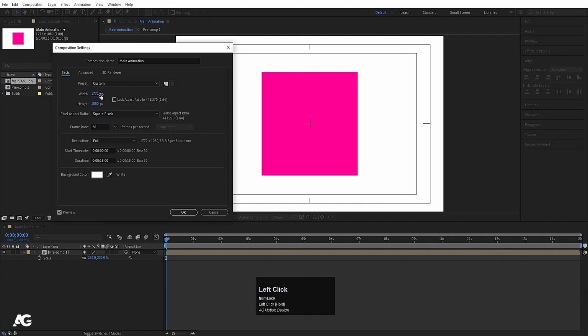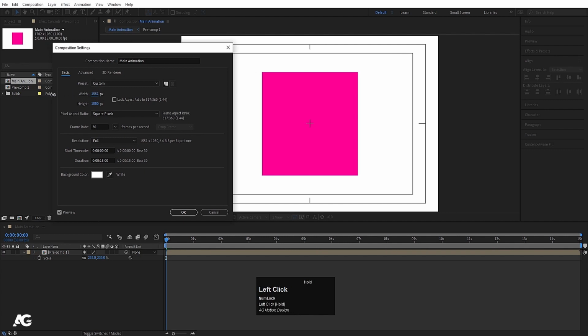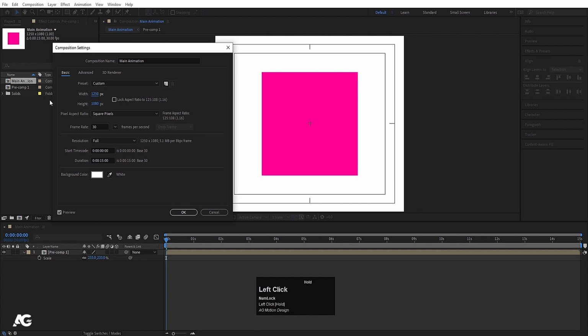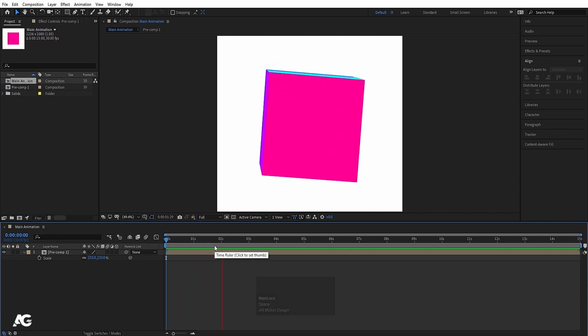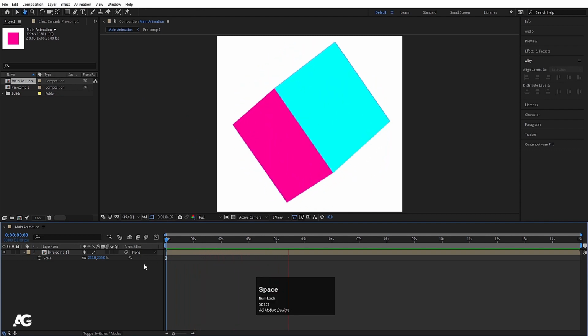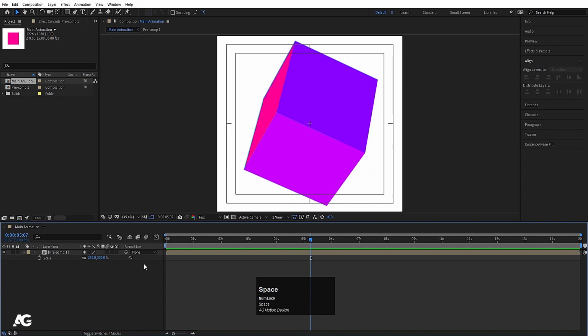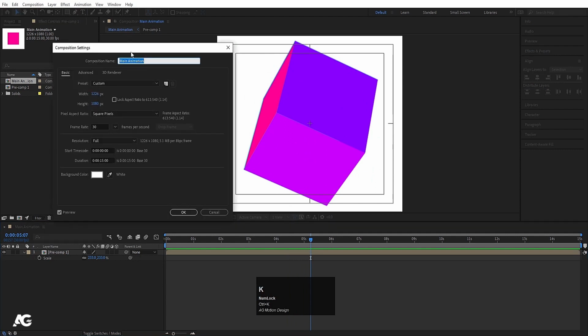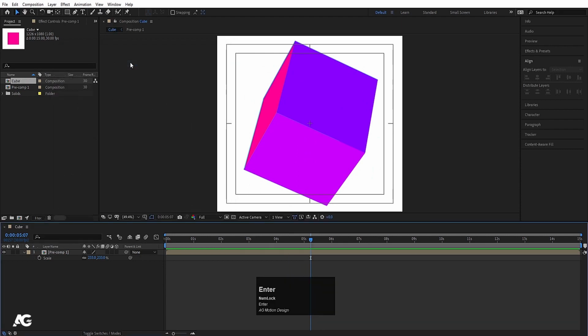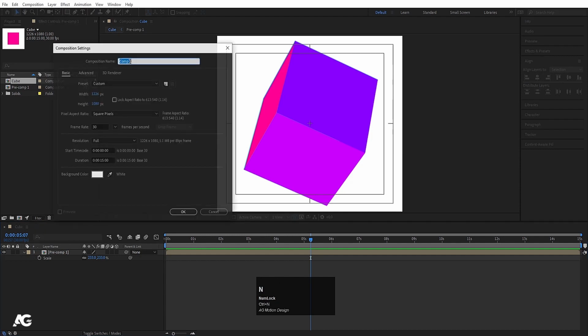and we will decrease the width of this composition like that. Hit OK and let's play. As you can see, we are getting something like that. Now we will create another composition, but before that we will hit Ctrl K again, and in the new composition name we will call this composition cube and hit OK. Then I'll create another composition and we will call this composition main animation, and for width I'm going to choose 1920,